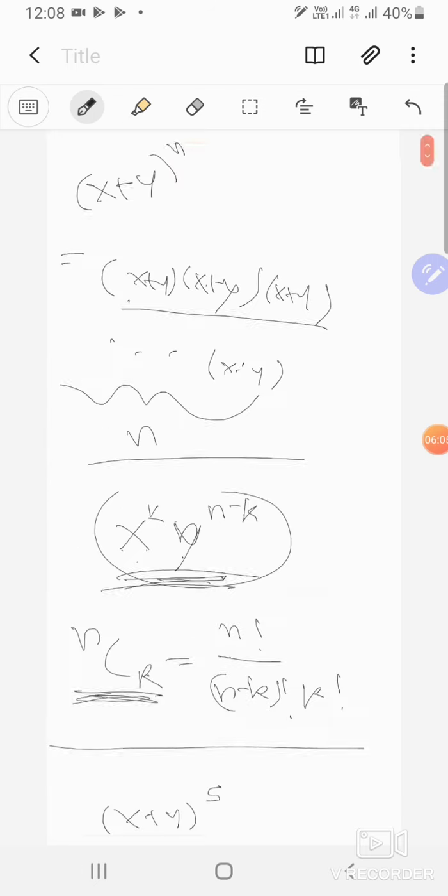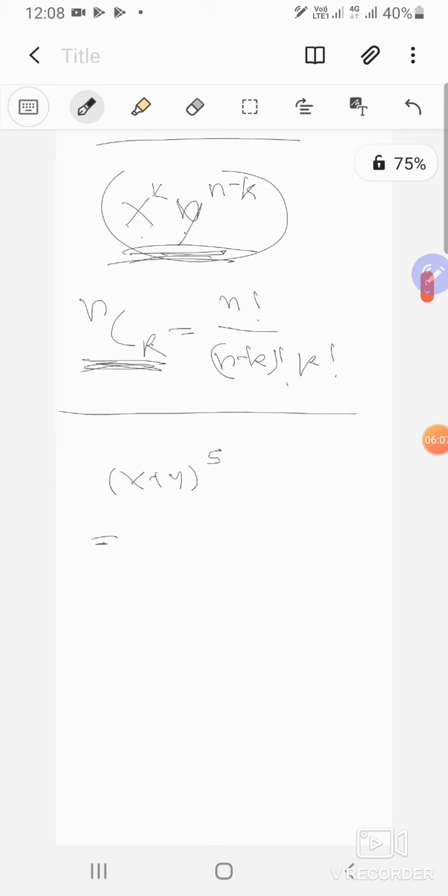Suppose you got something like 2 plus 3 to the fifth power. You could either do it like this, or you could do 5 plus 5 to the fifth power. Instead of doing this, you just use algebraic expressions. That will be much better. So suppose you got x plus y to the fifth power. Using the binomial theorem, this thing can be written as 5 choose 0,